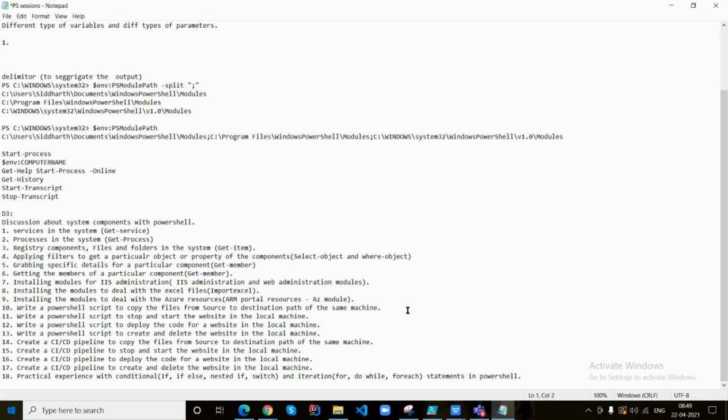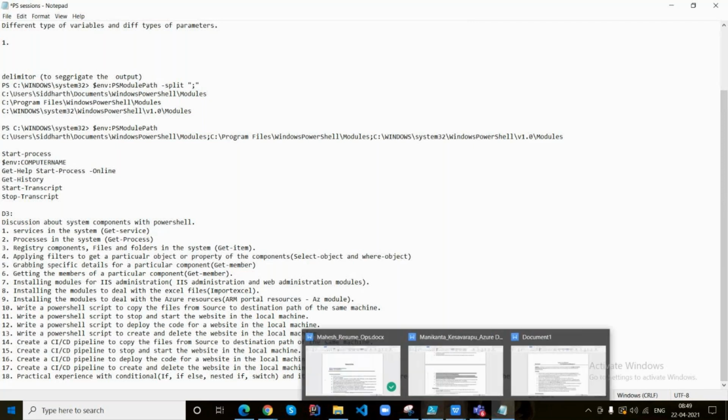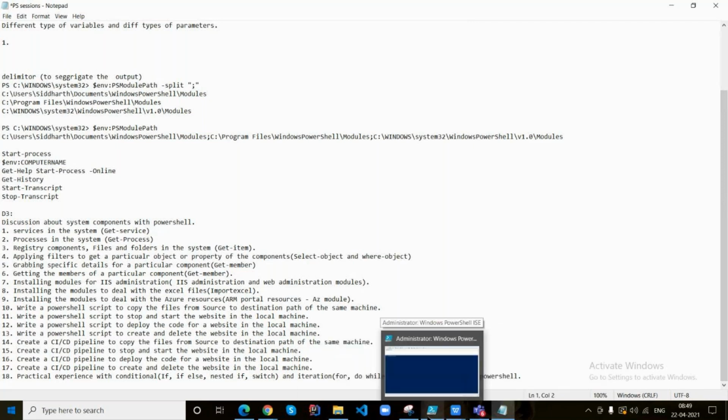to achieve all those things and to be able to implement them, we are going to deal with a few components in a listed manner. Okay, so the topic we are going to discuss today is how to deal with the services in PowerShell. Okay, so first of all, services in the system. The services means, I mean, whenever you